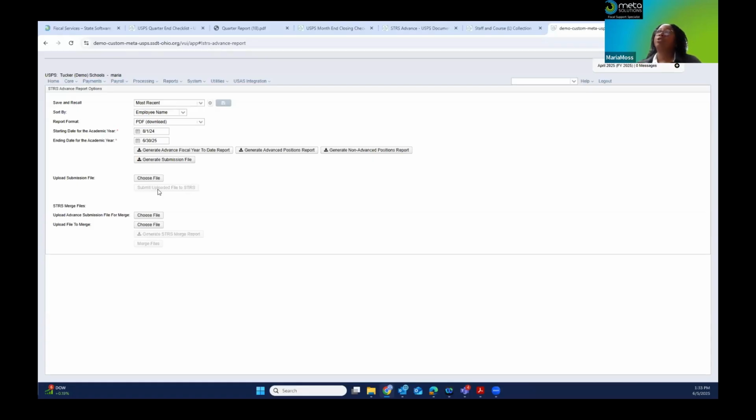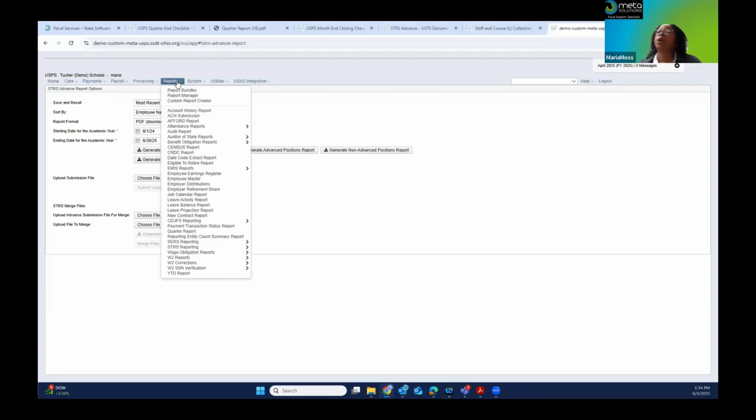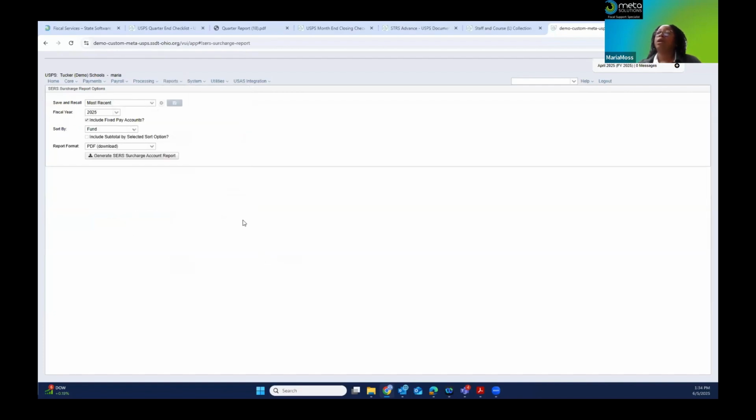So when you're done with your STRS advance, you can continue on with your quarter end closing, and we can get finished up so we can close June. Step 20 is the SCRS surcharge report. That's located under Reports, SCRS Reporting, and it's the fourth one, SCRS Surcharge Report.